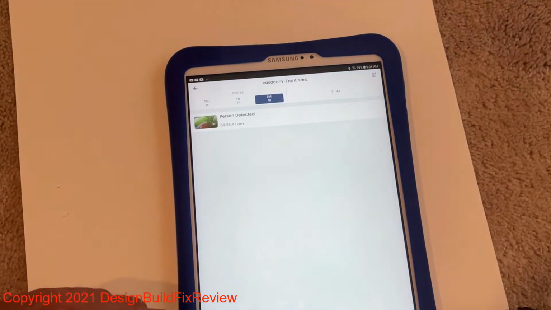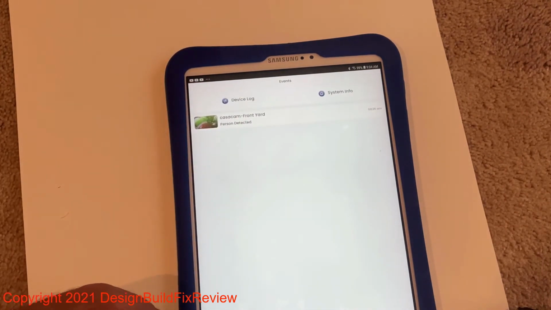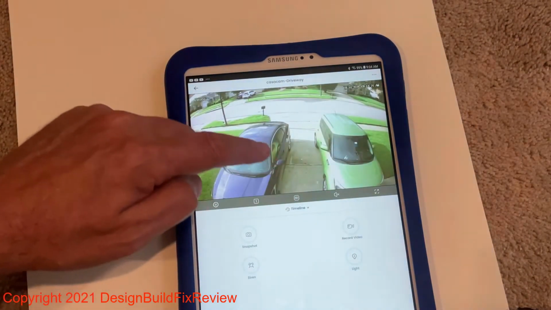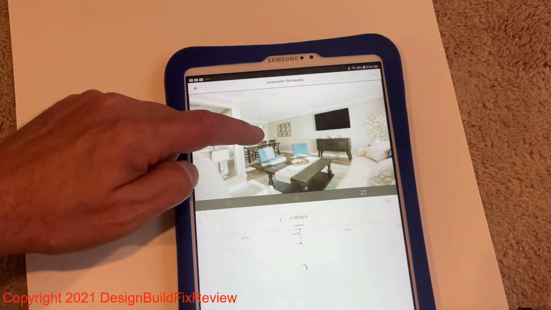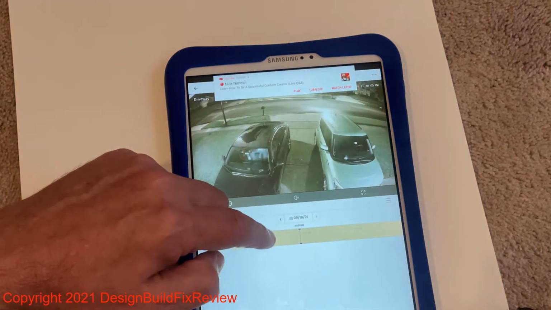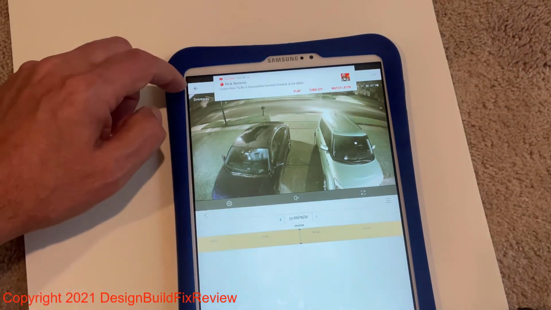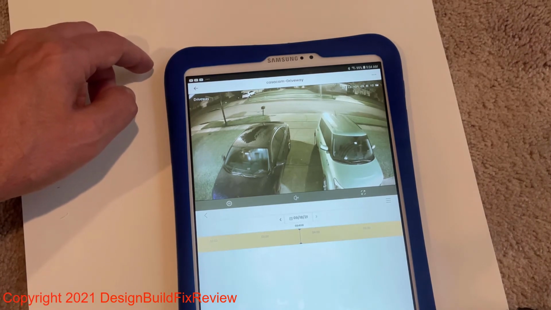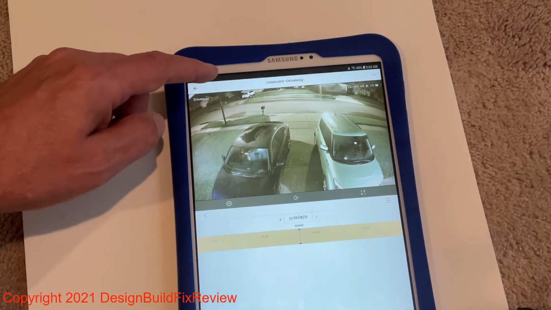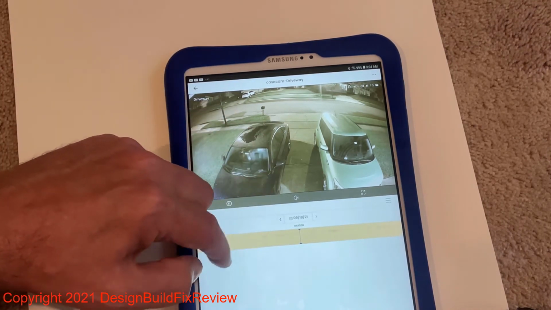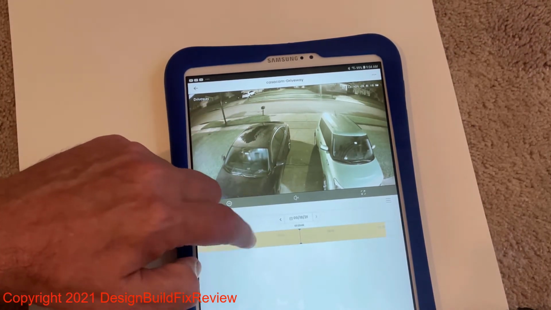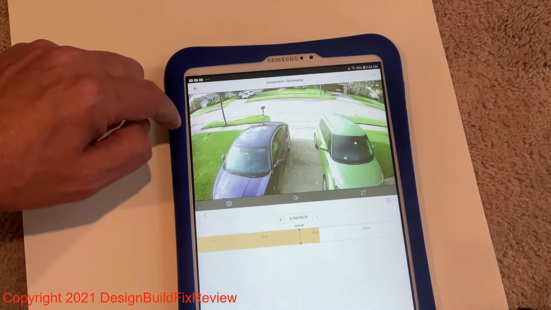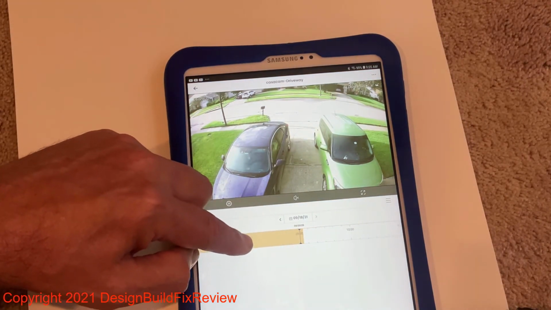And you could always go to like a device, like say this camera, and then you would use timeline to go to that time and date for that person, and you would be able to see that person on different camera views. I don't have the motion detection set up that far out, so this camera never picked it up, but it will record it anyway, so you'll have it in here. I'm actually surprised this camera didn't pick it up. I might have to readjust it actually.